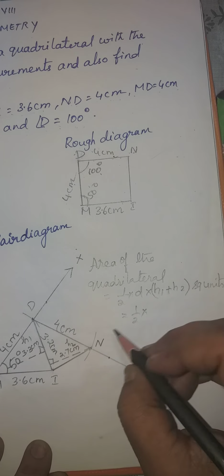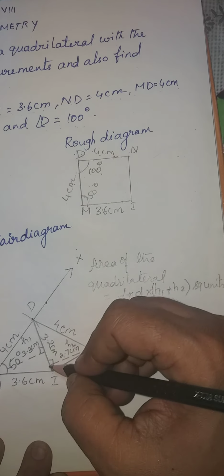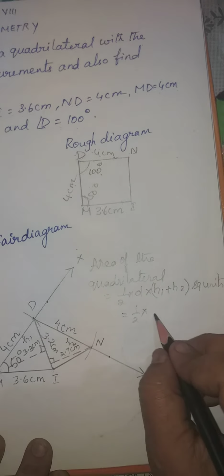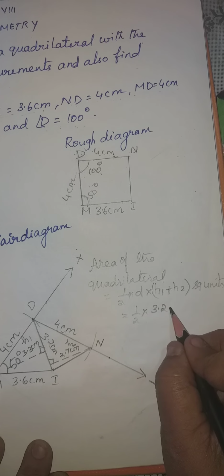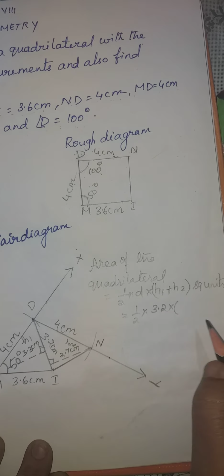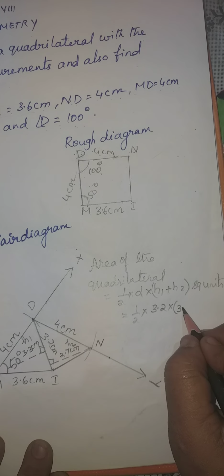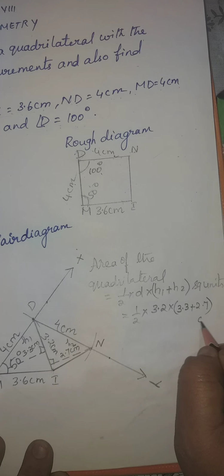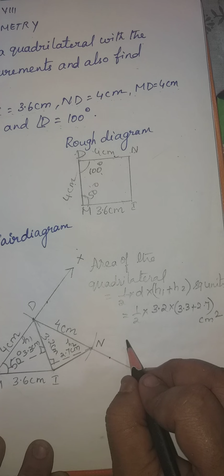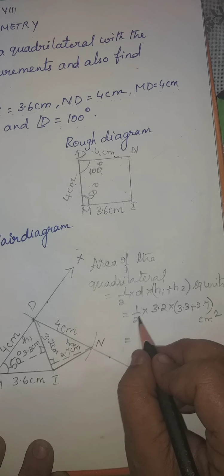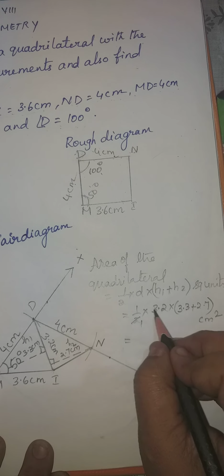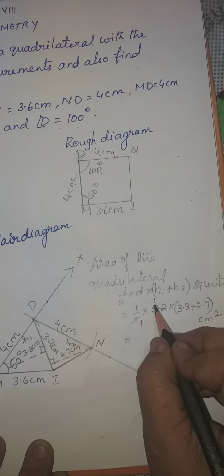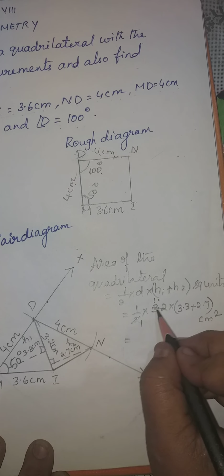Half into, here the diagonal we have measured, the diagonal is 3.2 centimeter into h1 is 3.3 plus h2 is 2.7 centimeter square, which is equal to, you can cancel here,